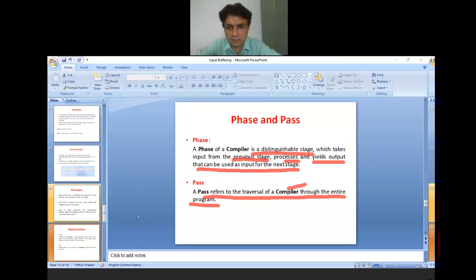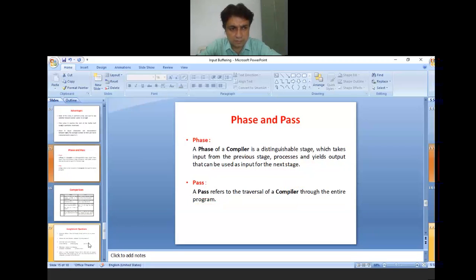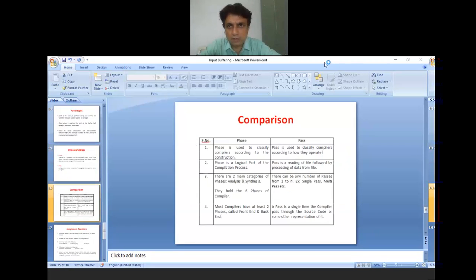Now let us discuss some comparisons between the phase and the pass. These are some of the differences between phase and pass. Can all of you see it clearly, or may I enlarge the slide?